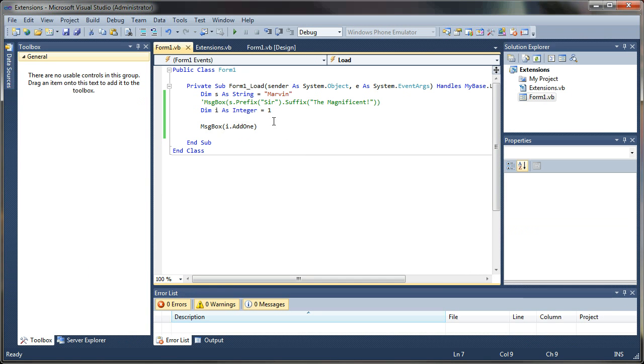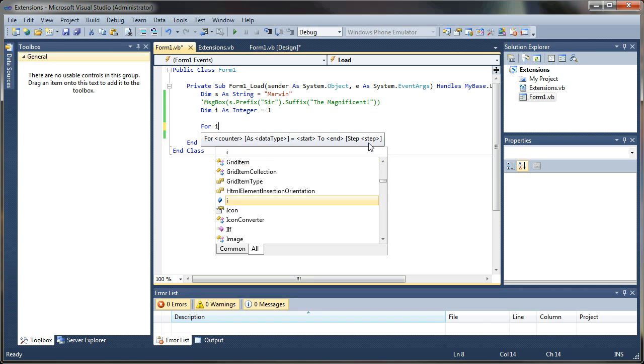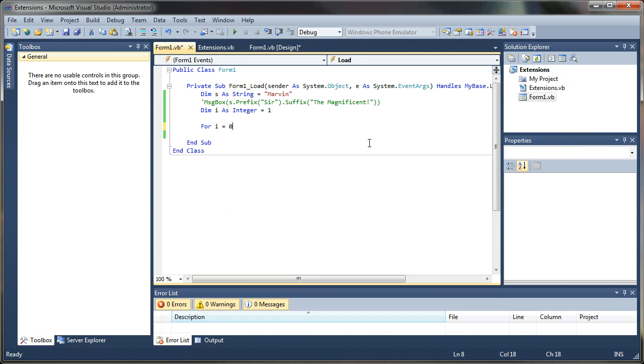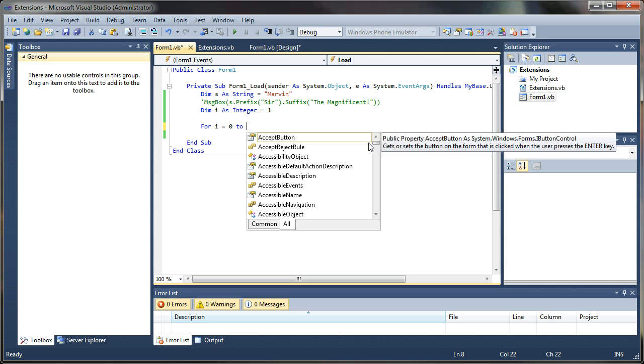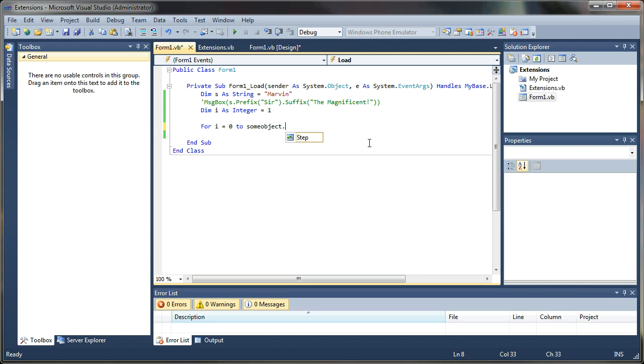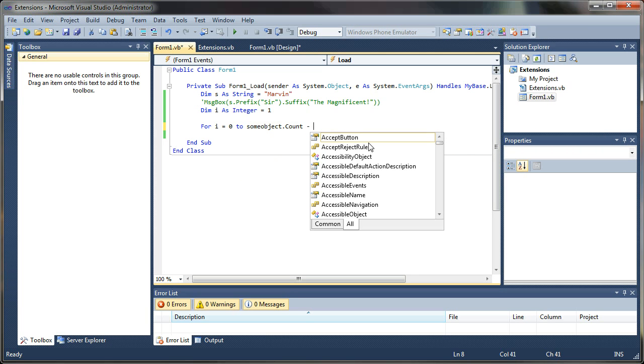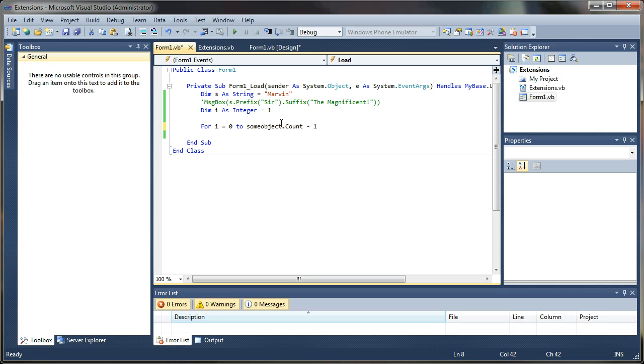One that is very common is when you are iterating through an array or a list of items, the indexes are 0 based. So when you do, for I equals 0 to some object dot count, you always have to add a -1 to the end because it's 0 based. Otherwise, you end up going outside of your array bounds. So